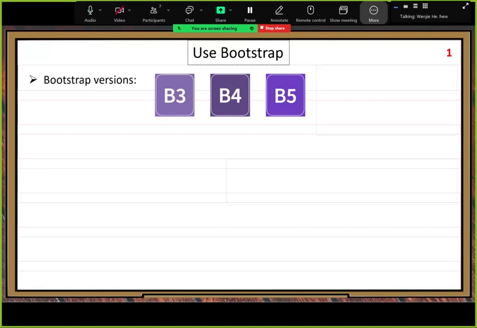Not taking the newest version, B5. I just checked it two days ago. There are three different versions, B3, B4, B5 in parallel. So there is some reason. Let me explain a little bit. The first two versions, B3, B4,